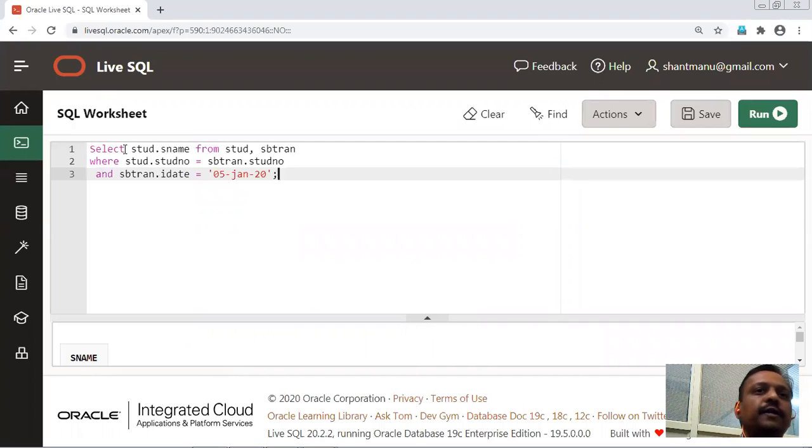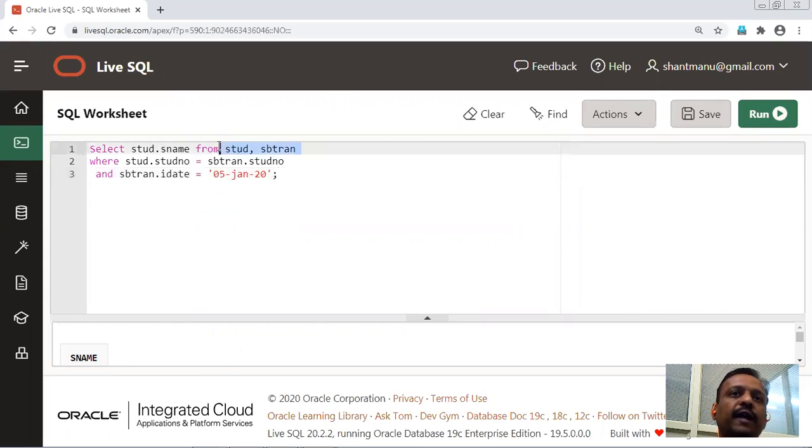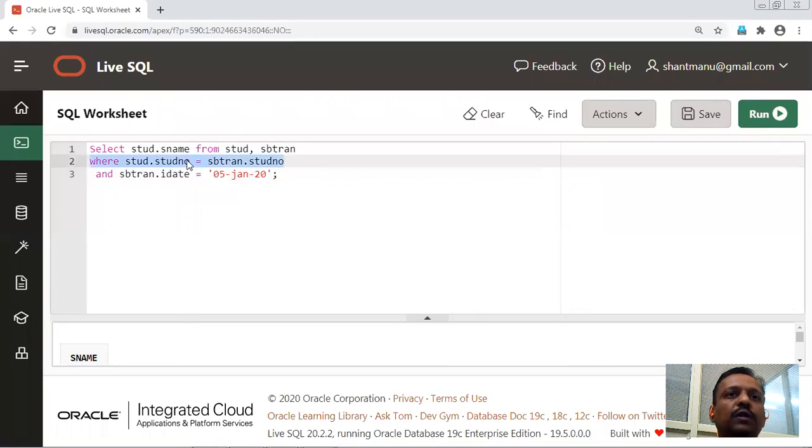This query: select student number, student name from student and SBTran, both tables that we have selected at a time. And we have given an alias to the student table as stud. And then the condition where student dot student number equal to SBTran dot student number.